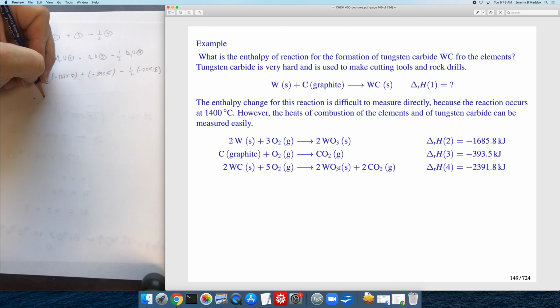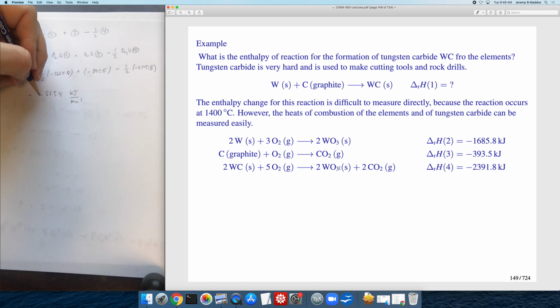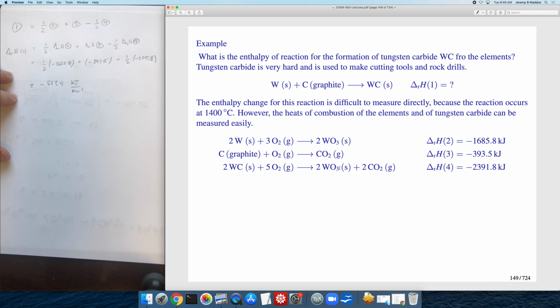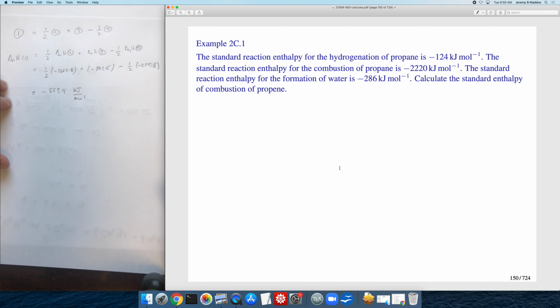And if I did it right in my calculator, I got minus 883.4. It's very easy to make little mistakes when doing these calculations, so it's a good idea to check it twice. I'll let you check it, and if I made a mistake, please correct it. I'm going to go ahead and move on to the next problem. This one is trickier,